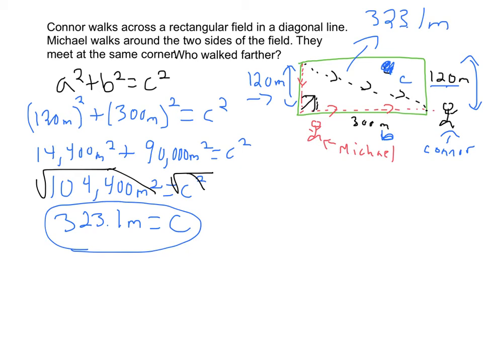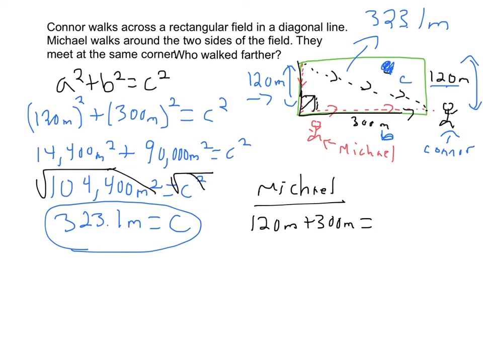Because the question is saying to me, who walked farther? In order to find that, I've got to look at, okay, I know Michael went this way, like this. So Michael walked 120 meters this way, and then across, he walked 300. So I have to add those together. So Michael walked for a total of